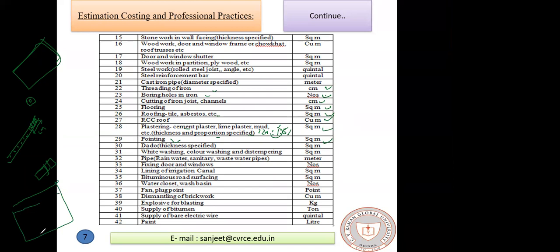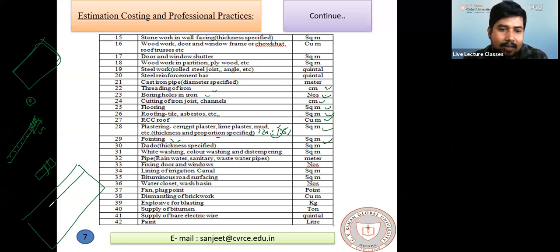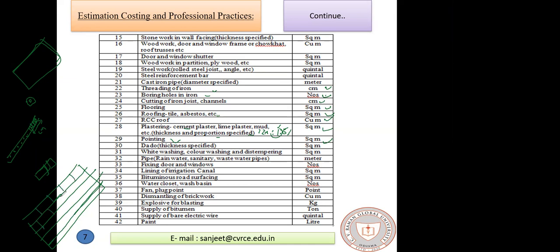Sir, the lines between two brickwork, they adhere that part, that is called pointing. That means the joining line. Whenever two bricks are joined, that joining part should be plastered or covered with mortar. Yes or no? Yes. Let me